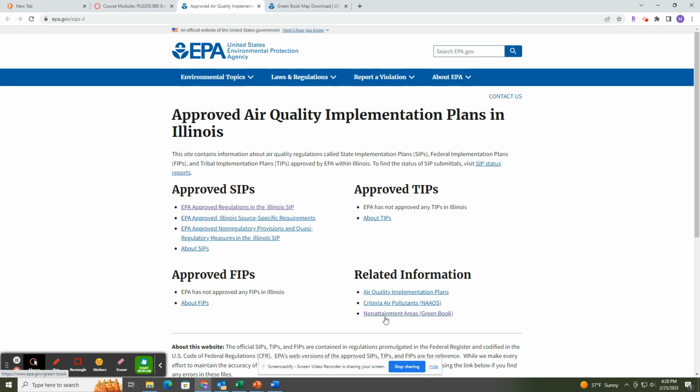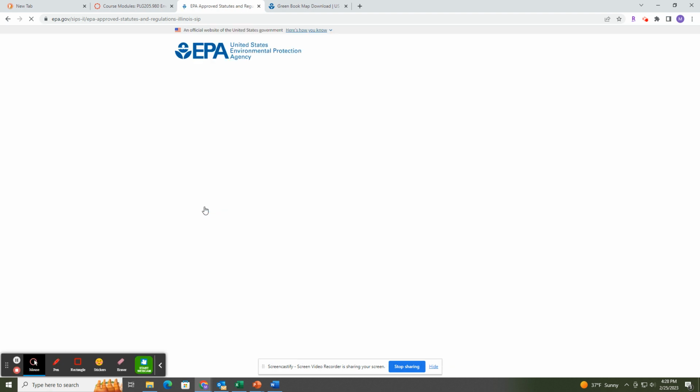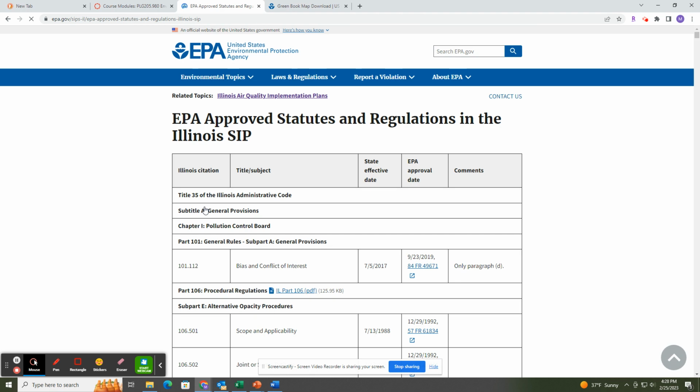This is where I got that non-attainment areas section. And so let me get to this EPA approved regulations in the Illinois SIP. So these are our state regulations that have been approved by the EPA.